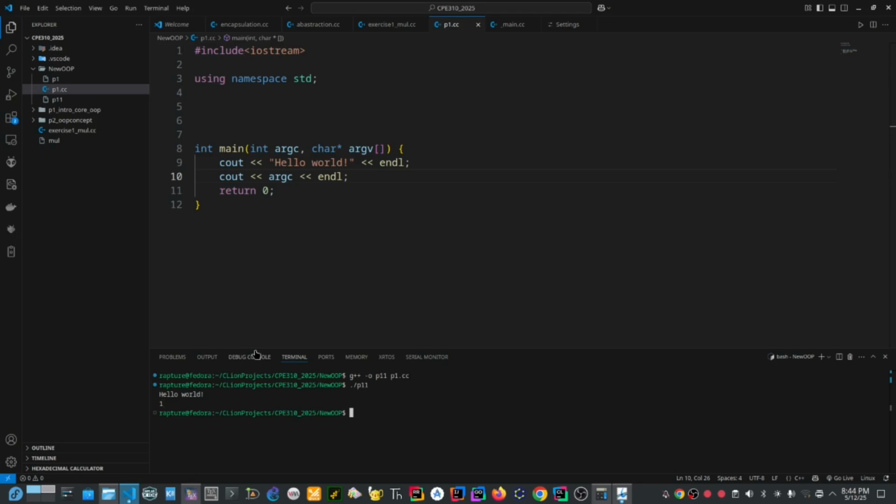Can you see what it's saying? I'm having only one argument supplied. What is that argument? That is the name of the file. How do I know that is the name of the file being supplied? Let's print it out as well. argv, you know it's an array, the symbol for an array. Then the first index is the first item there. Now let me compile again. Can you see? It's p11. You print out the name of that file.